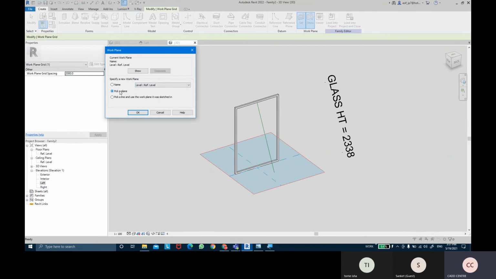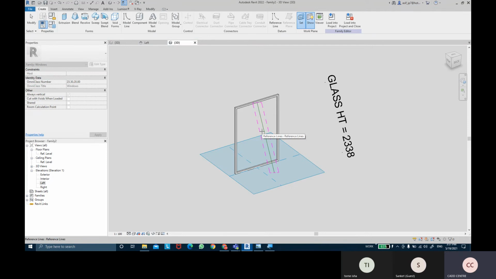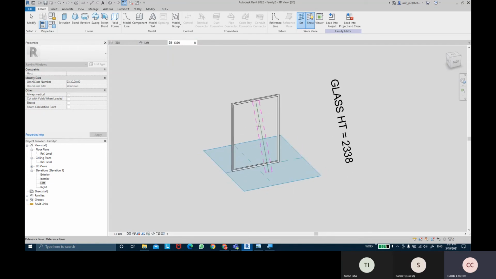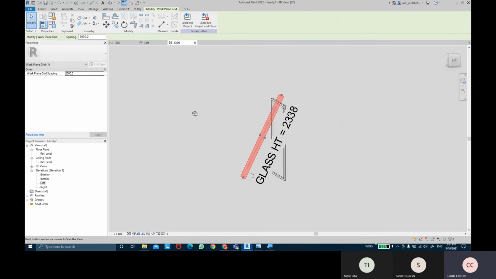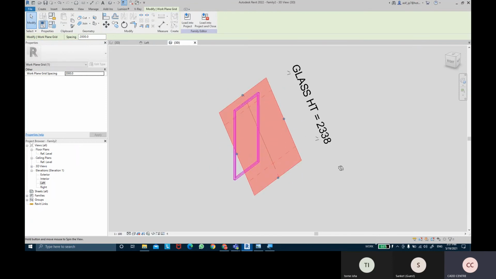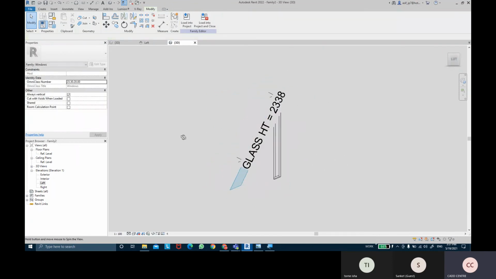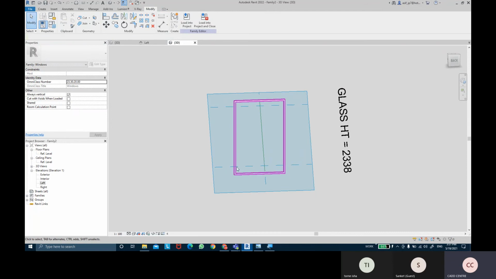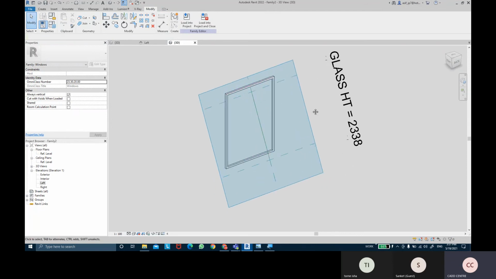So create, set work plane, and we're going to set the work plane by taking the pick a plane command. And then I'm going to click on here and click on OK. Pick this plane. So this is the side plane actually. So we don't want it on the side plane. So you take the front plane of it. So this is the front plane. Click it, and here we go. So now we got that front plane. You can stretch this plane to see it actually. It's our working plane now, so we can create the glass a little bit crosswise in direction.